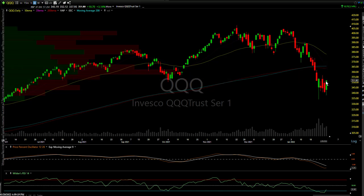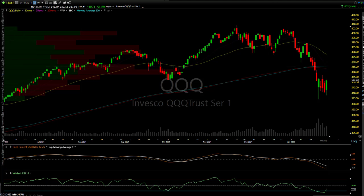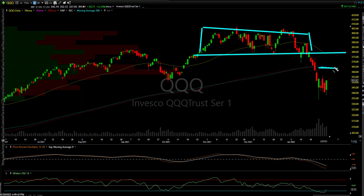In fact, let me try to give it to you in percentage terms. From where we closed today, the 200-day exponential moving average, should it get back tested, would come in about 3.25% above today's close, with about 3.9%, almost 4%, to test the 200 simple. And then you still have this level here, very important, the bottom of the recent trading range right there. So that's still, on the Qs,